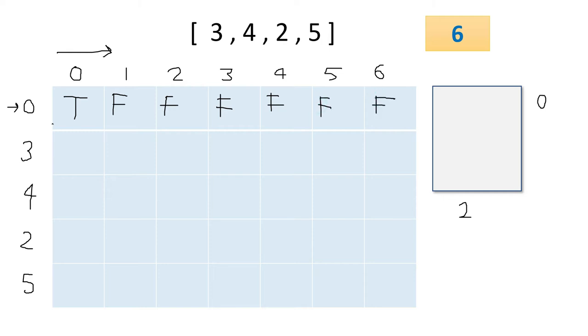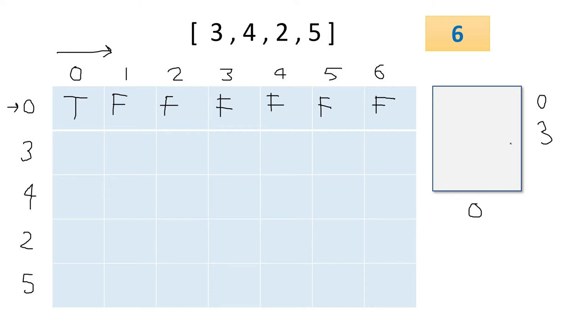Means from the first row it is clear that if the capacity is from 0 to 6, using 0, how many buckets can I fill up? Only 0 I can fill up. Apart from that, nothing I can fill up. Now we have to again take our capacity of the bucket to 0. But this time we got a new friend, that is 3. So using 0 and 3, I have to check whether I can fill this up or not.